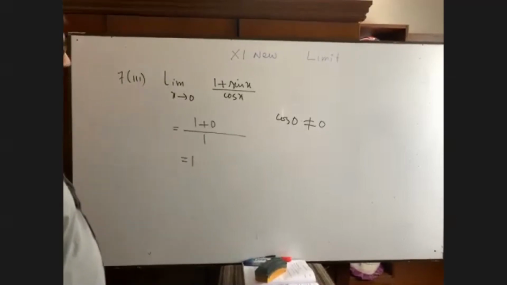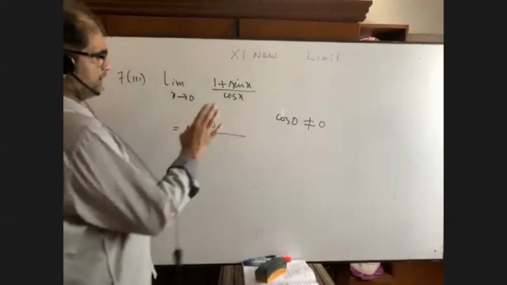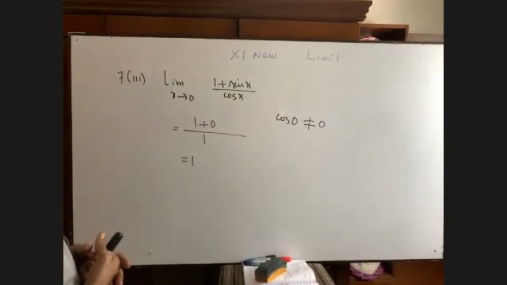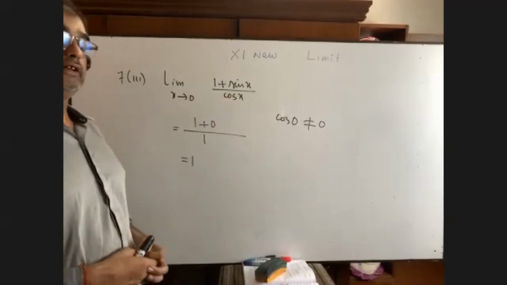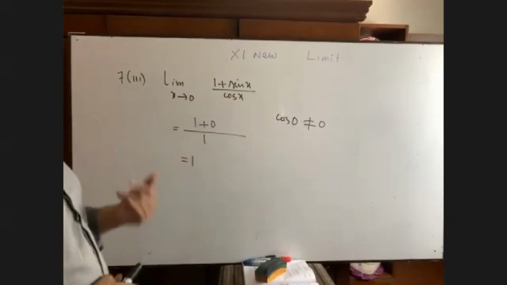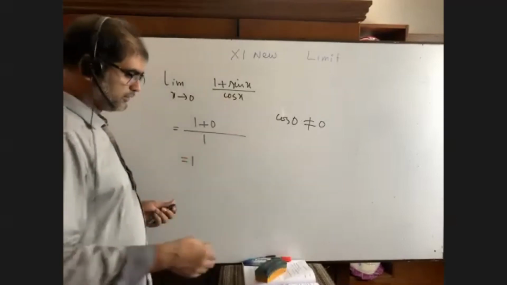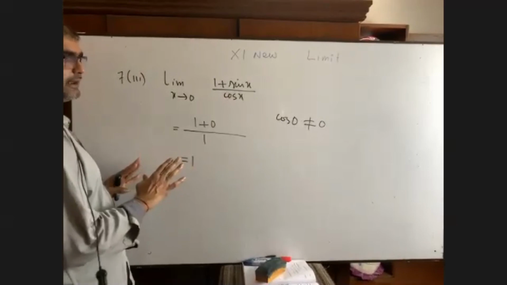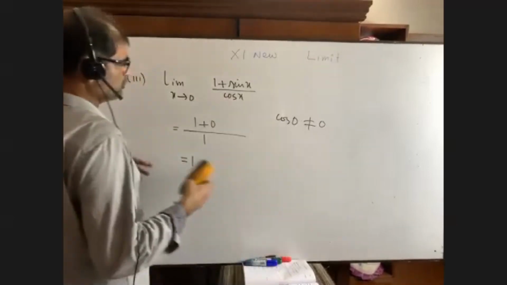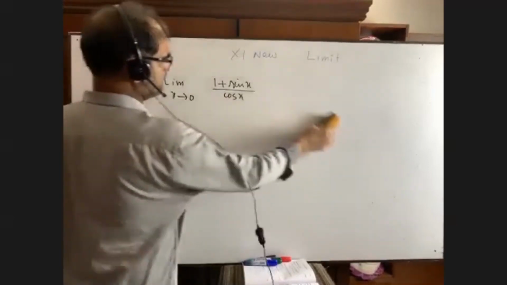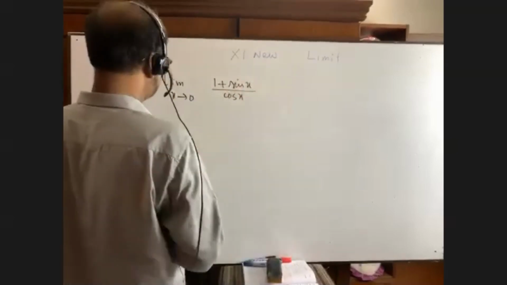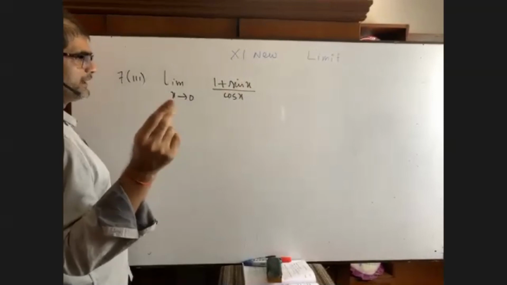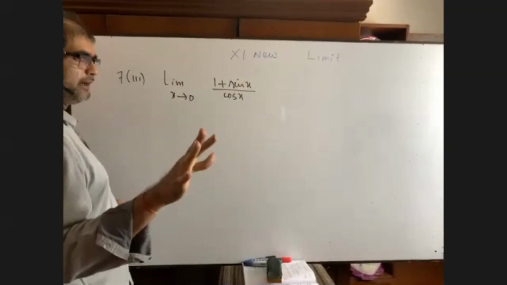Yes. Have you got it? Now, if you ask me, sir, is there any other rule? Yes, I have another rule. If you want, I can show it. But this is the right one, you know. This math is to be done like this. Now, if you want to do this math in another way... anyway, I am again telling it. It's okay. I am not going to do it.